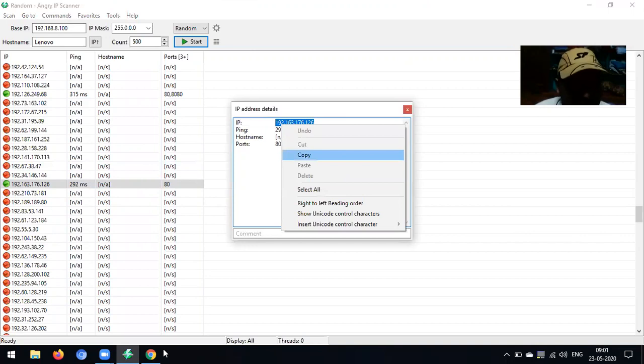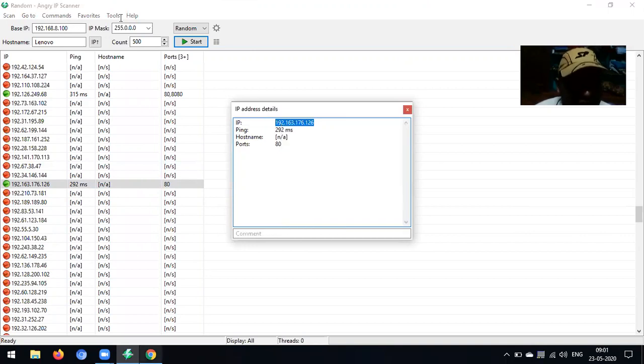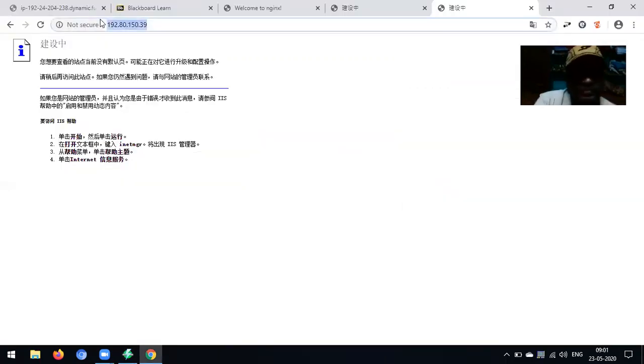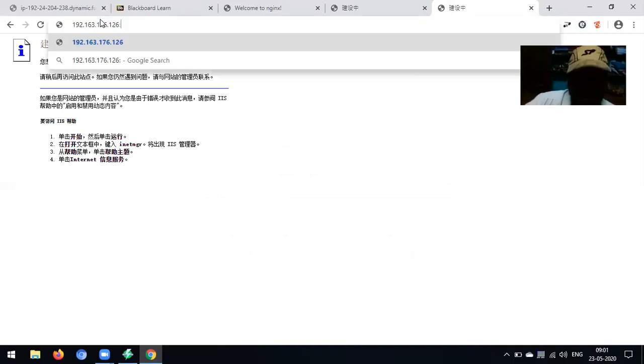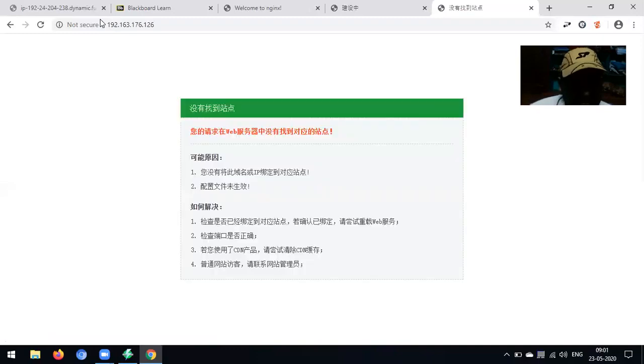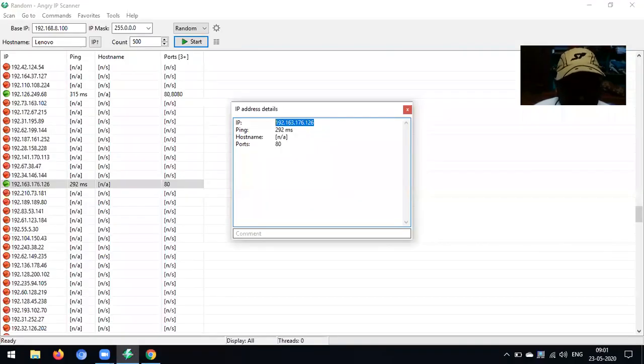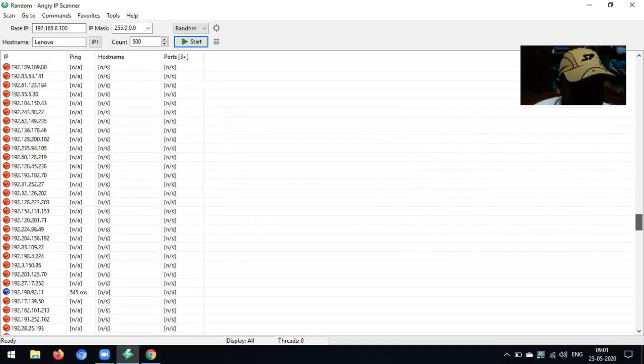Sometimes it directly gives the rights to the cPanel. Last time I did this, it gave me the cPanel. It is also some Chinese error. Sometimes you can get the cPanel also using the Angry IP scanner.